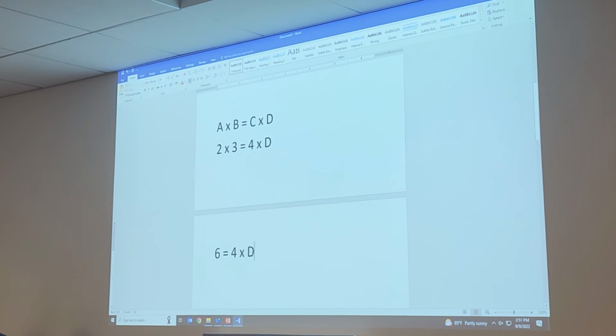We want D by itself, right? Good, so it's attached to 4. How is it attached? Multiplication, so we do the opposite, divide by 4. What we do on one side, we do to the other. Right? And so we end up with 6 over 4 equals D, right? Because 3 over 2 and then